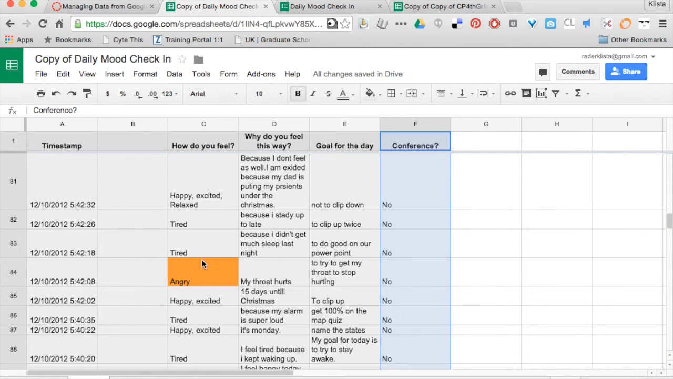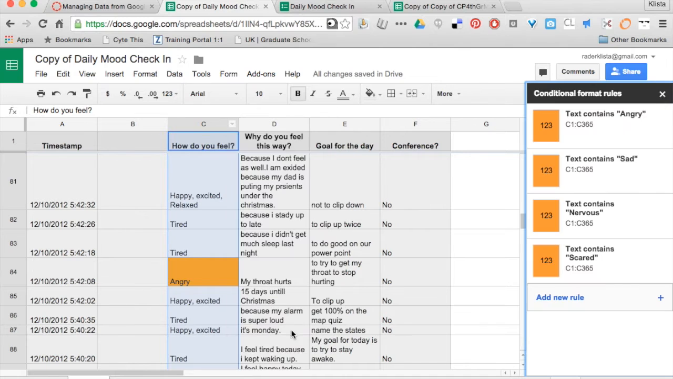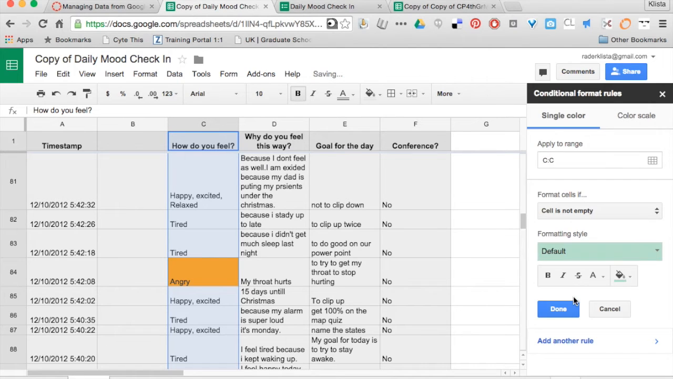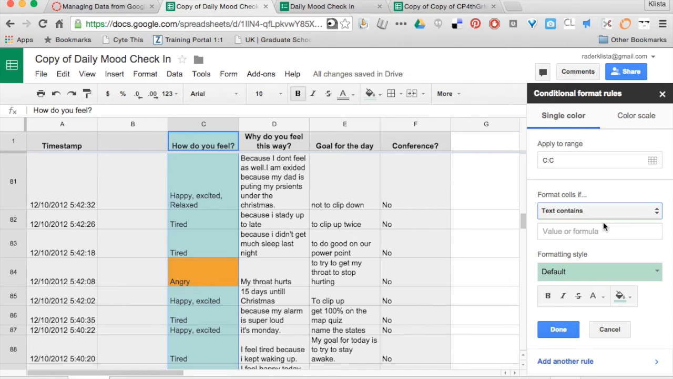And here I've got that same kind of conditional formatting set whenever students are answering angry. Let's look at that. Okay, if the text contains angry, it's going to turn orange. If it's sad, nervous, or scared, it's going to be orange. I'm going to add in a new rule just so we see what it looks like. And it's saying it's going to apply to the column C. And I'm going to say that if my text contains